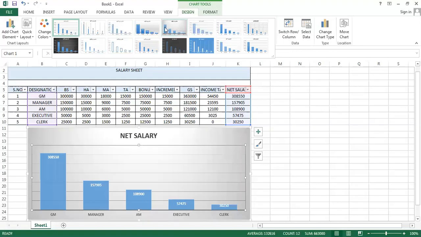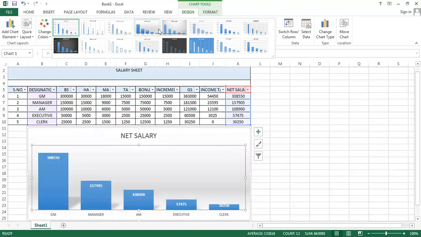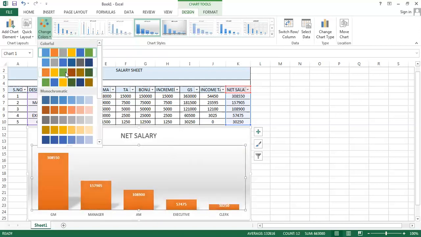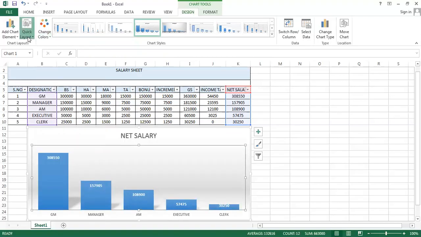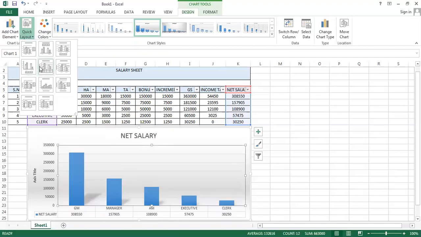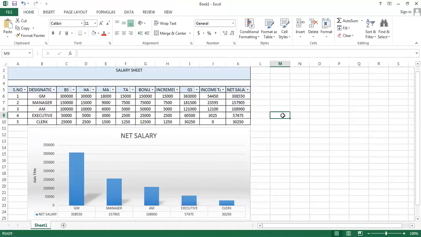design of the graph. Similarly, for instance, you want to change the colors, so you can go over here and you can change the colors as per your wish, whichever color you like. Similarly, you can change the layout as well. If you want to change the layout of your sheet, you can change the layout as well. So this is the task that we have just completed by using the nested if and else comparison analysis.